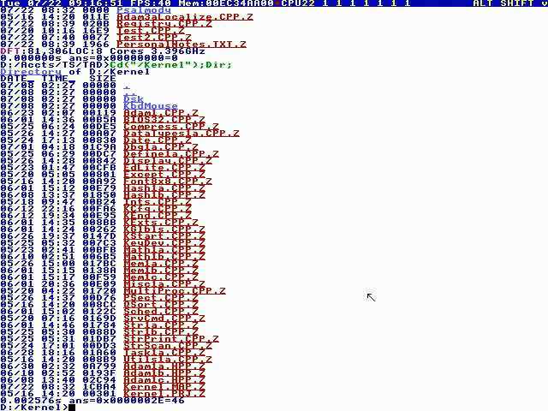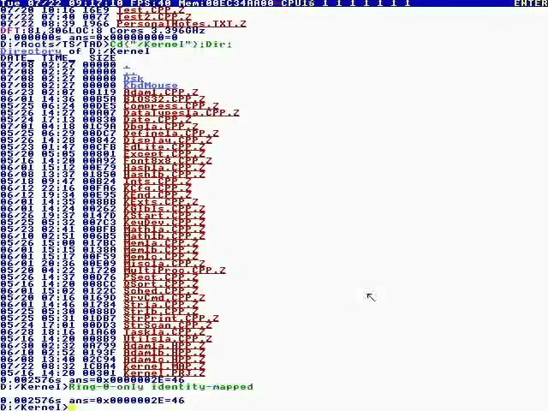So let me see if I can explain the concept. It's ring 0 only, identity mapped. You know,